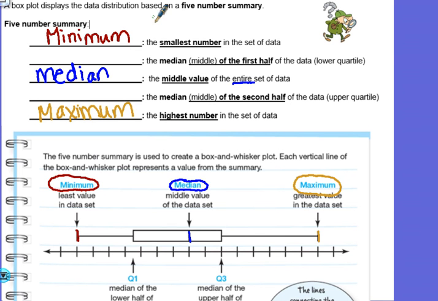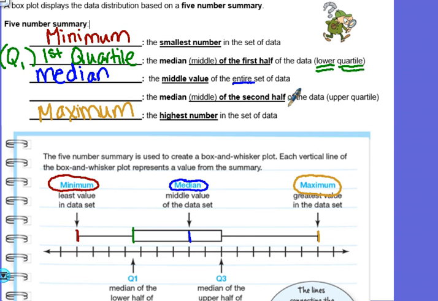Now the other 2 terms, let's see. It says the median, or the middle of the first half of the data. Sometimes we call this the lower quartile, and in our graph or our box plot, it's always going to be the first line of the box. So this is really the median of the lower half of our data. And this is called the first quartile. Today we're also going to use Q1 with the little 1 to abbreviate the first quartile,